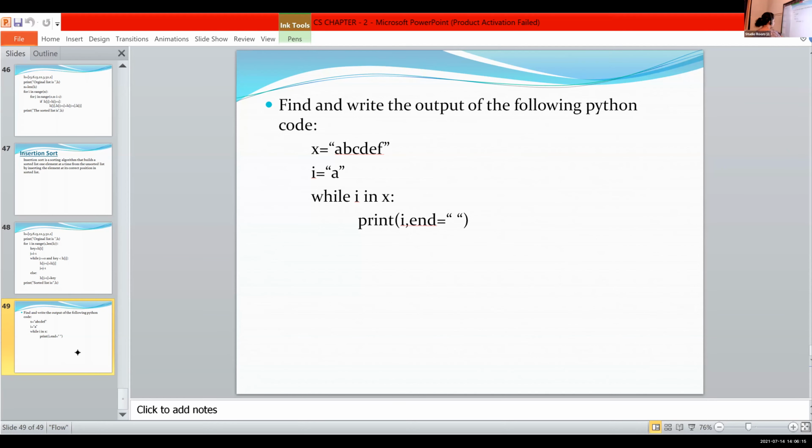If we just display print I, the first value, next line, second value, next line, third value, just like that. Here we are giving end is equal to space, so after the first value there is a space, then second value, space, third value, just like that, okay? Without running the program, you want to find out the output.